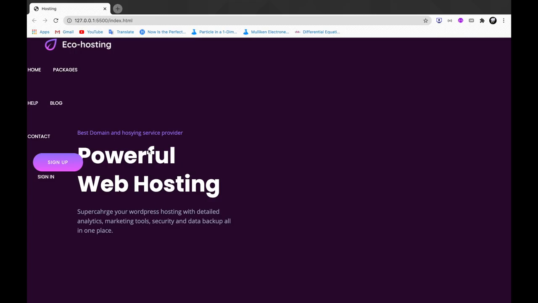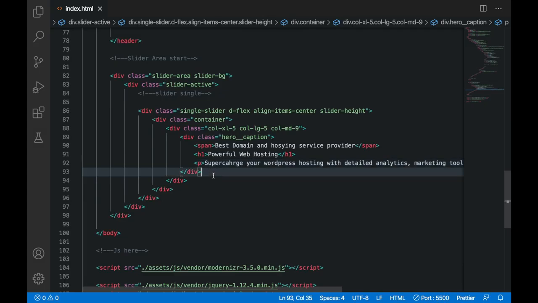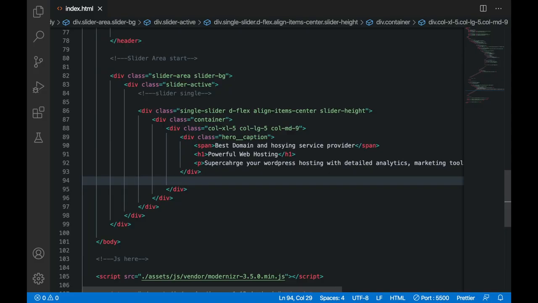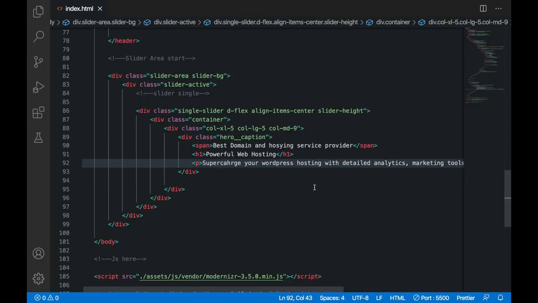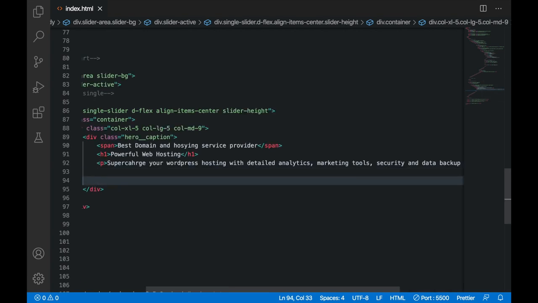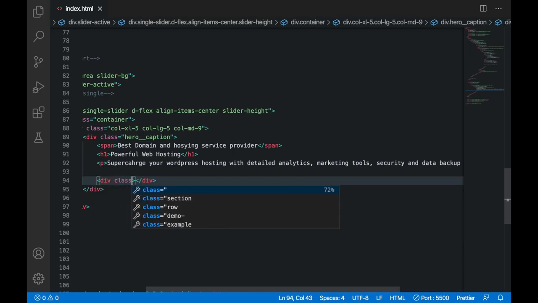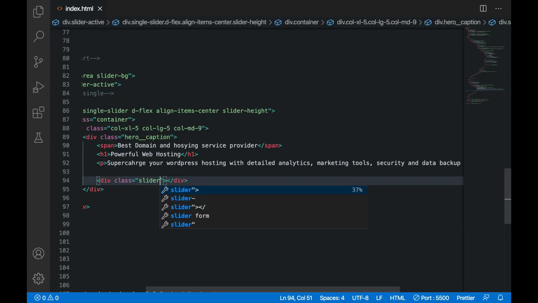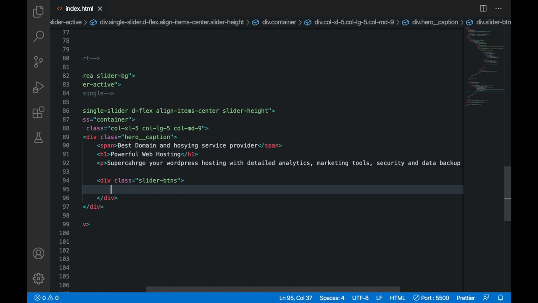Okay, and the next thing to do here is to make the slider button. Okay, here the get started button. So for that I will write here, first of all, my slider button. So after this paragraph is written, I will make a div here, give it a class name slider buttons. And inside that I'm going to make my hero buttons, so I will give it this anchor